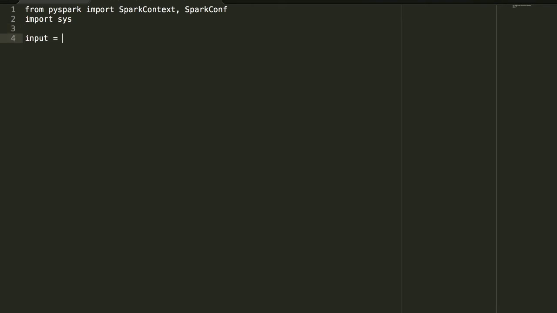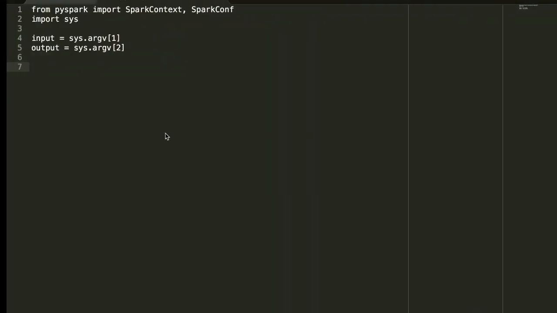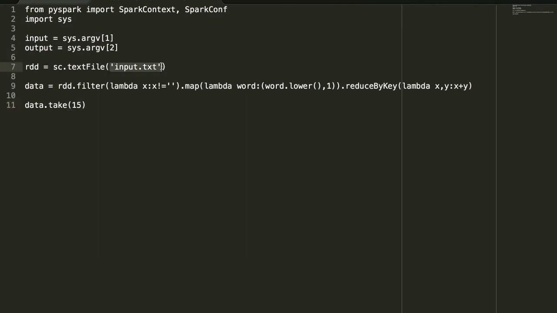Now our input file is going to be sys.argv, the first argument that the system gets, and the output file location is going to be the second argument that we give to our Spark program. And let's just copy paste this program over here, and we are going to change this to input. And now let's save this thing, data.saveAsTextFile